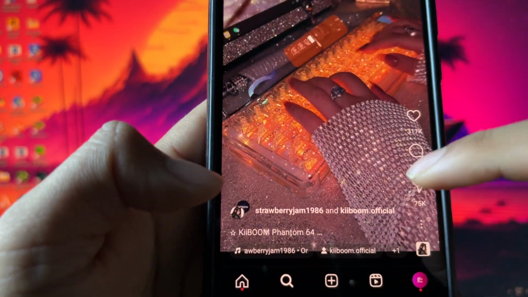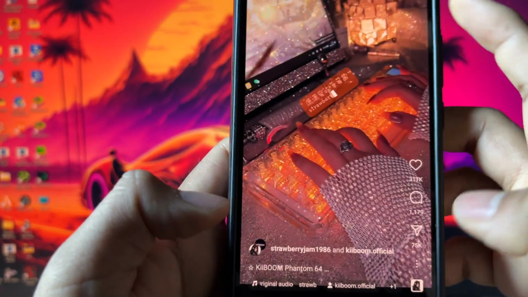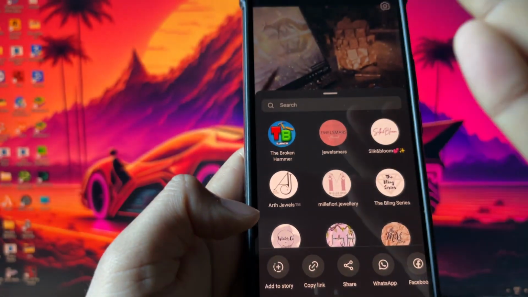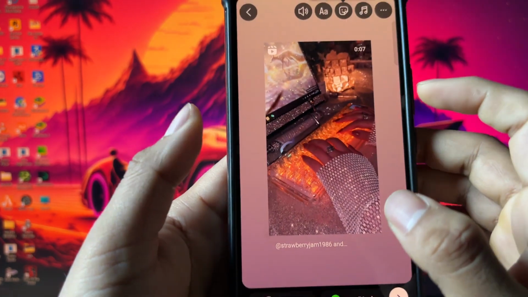So let's find a reel where there is no download button. Okay, so as you can see in this reel there is no download button. So how to save this reel? So for that, press the save add to story,